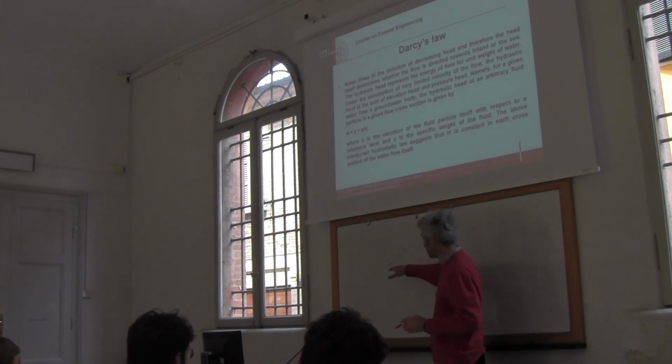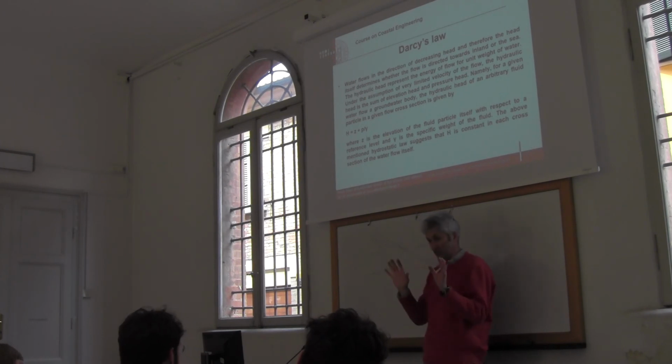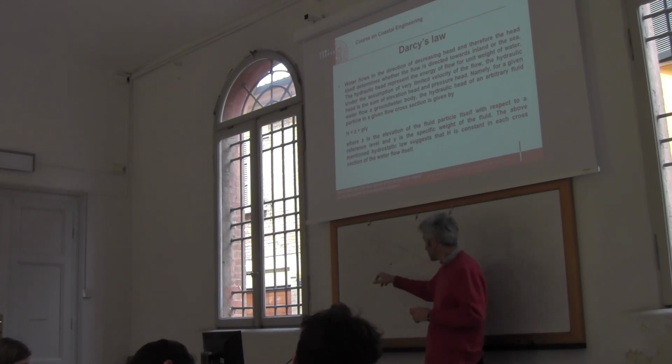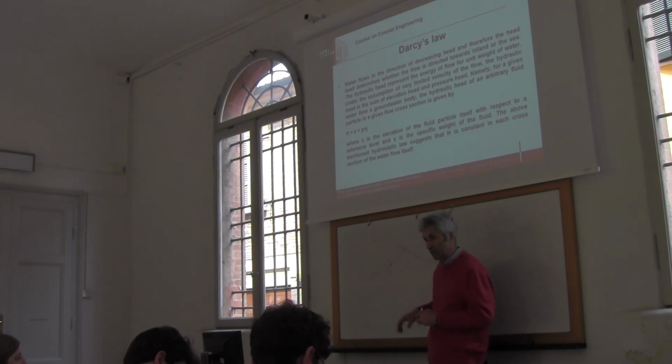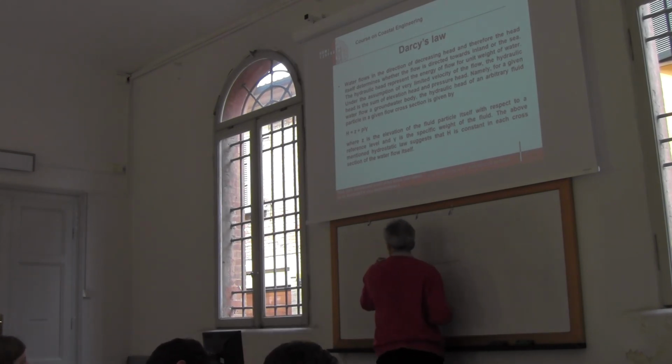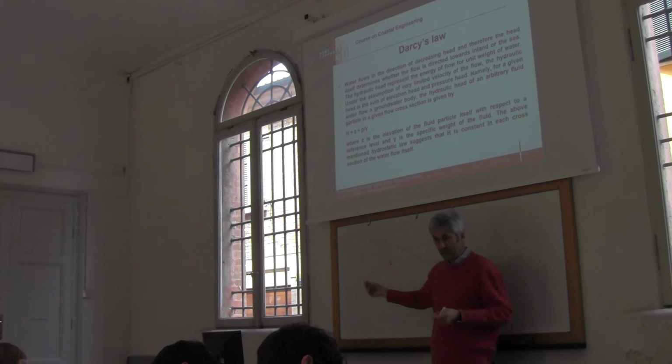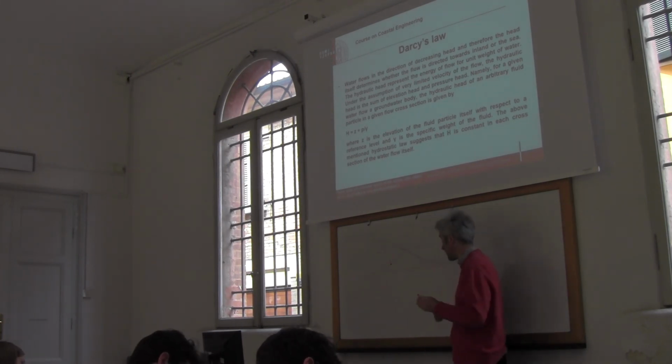I'm interested in determining the position of the whole interface, but let me focus on a single fluid particle that is located at the interface. Basically, if this fluid particle is placed on the interface, it means that it's in equilibrium. It receives a pressure from above, from the weight of the fresh water above it, and it also receives a pressure